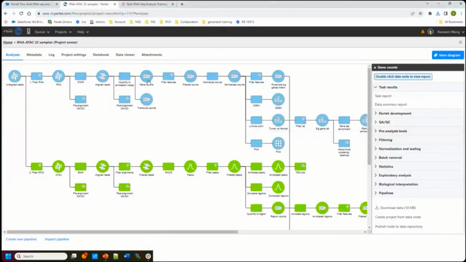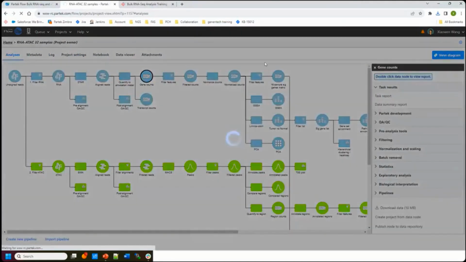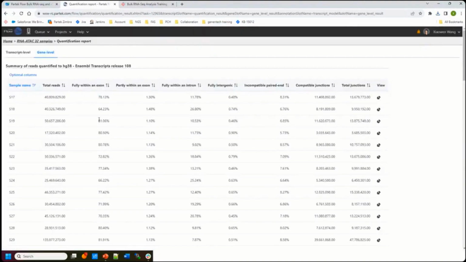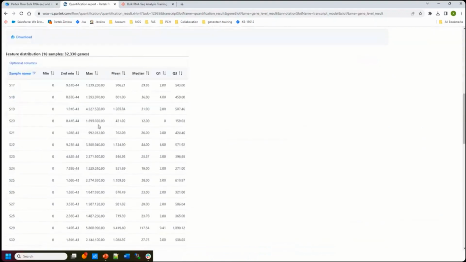Also, you can double click on this data node, or do a task report, to open that. Either way, double click, it will open the report in the current browser tab. It will give you a table, so this is gene level, this is transcript level. The top table is the same. It tells you the percentage of the reads that fall fully within your exonic region. By default, we only take those reads. And the bottom shows you the summary of your matrix table, 33,000 genes, and will tell you for each